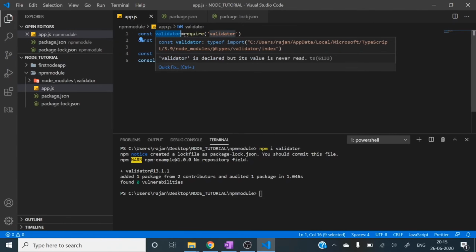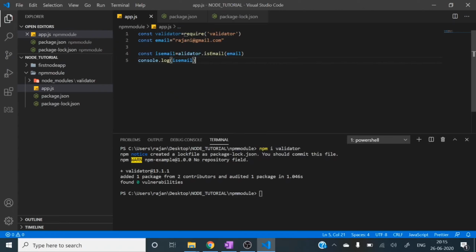Then with this validator we are validating isEmail. We are calling this isEmail method. If that email is valid, it will return true, or else it will return false. As per here, this email is valid because the @ symbol is there and .com is there, everything is there.